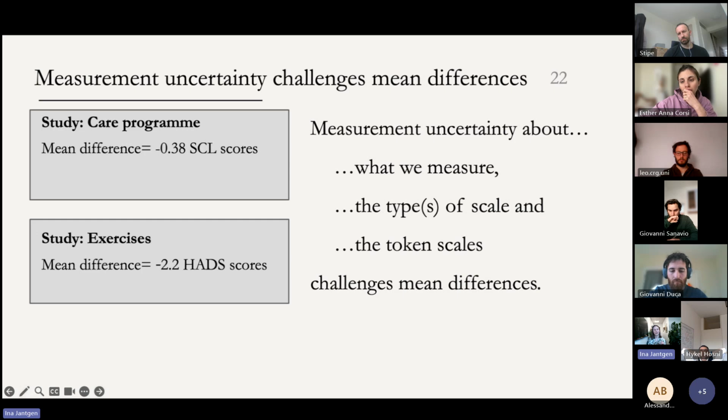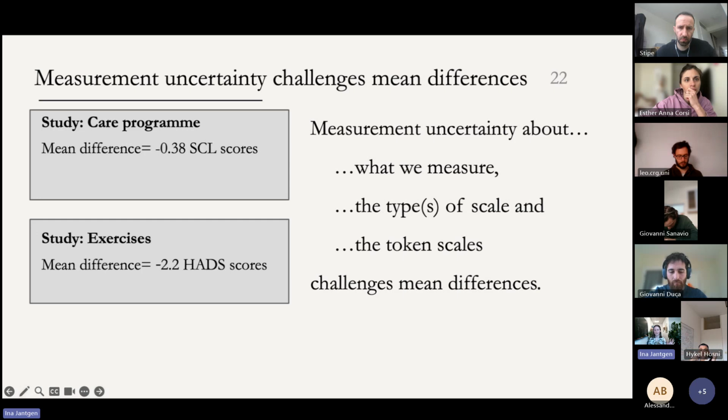Okay. And then finally, measurement uncertainty can also come up from being uncertain about how different scales relate to each other, even if you're certain they're, say, both cardinal scales. So even if you are certain that the checklist scores and the HAD scores are both cardinal scales, you may be uncertain about how much depression one score shift on the checklist scale represents compared to a one score shift on the HAD scale. And that could then give rise to problems and uncertainty about how to compare and interpret the mean differences. Okay, this is just a very brief run through the kinds of measurement uncertainty that give rise to the challenges of interpreting and comparing mean differences.